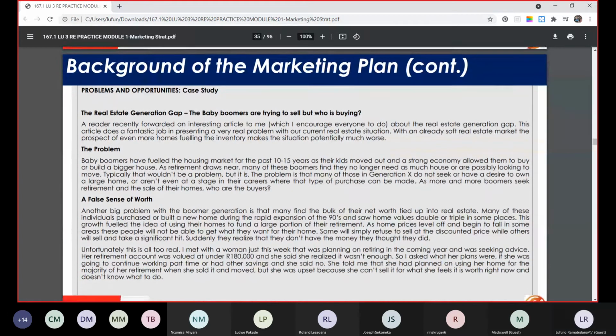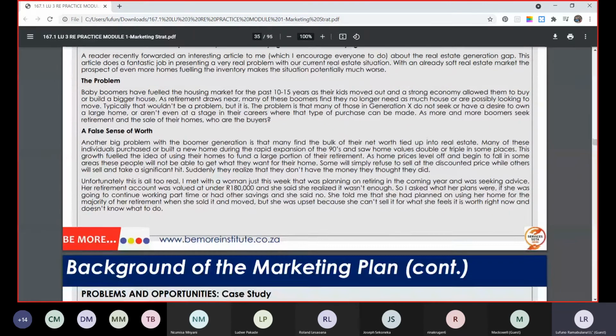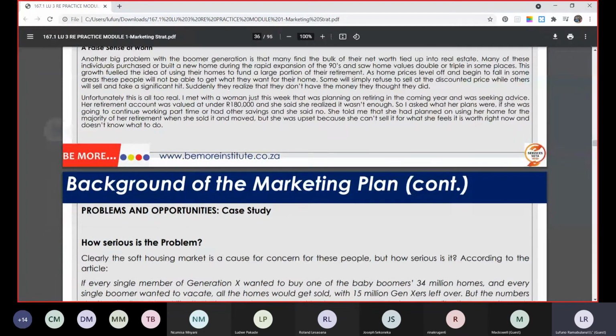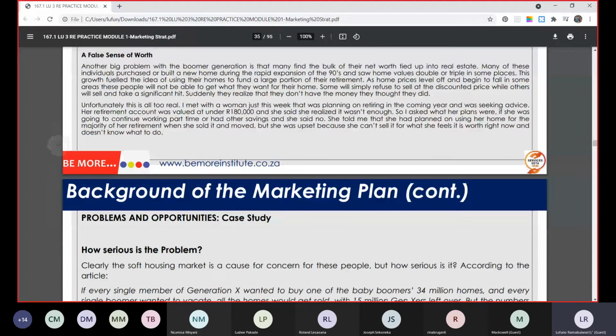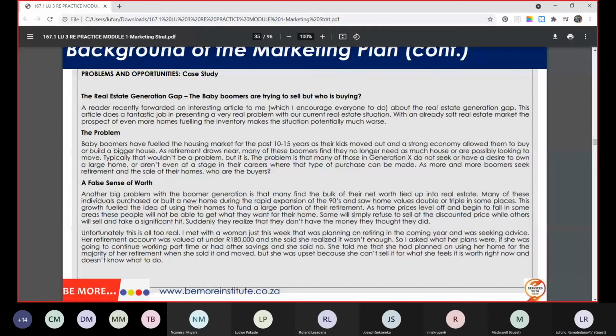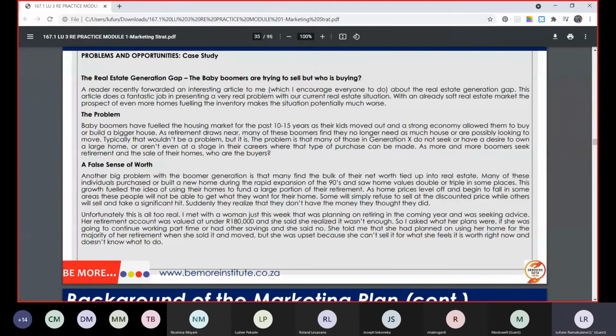Okay, there's a case study here. Let's just go through it. The real estate generation gap. The baby boomers are trying to sell, but who's buying? A reader recently forwarded an interesting article to me, which I encourage everyone to do, about the real estate generation gap. This article does a fantastic job